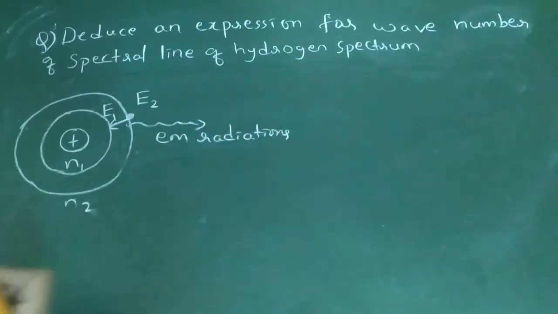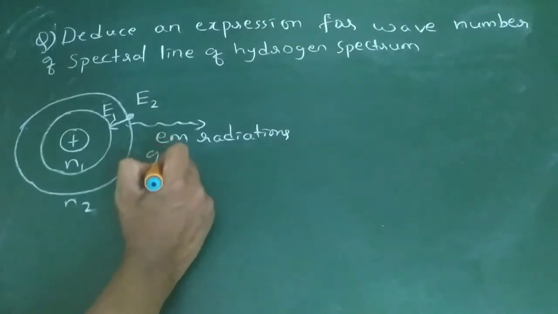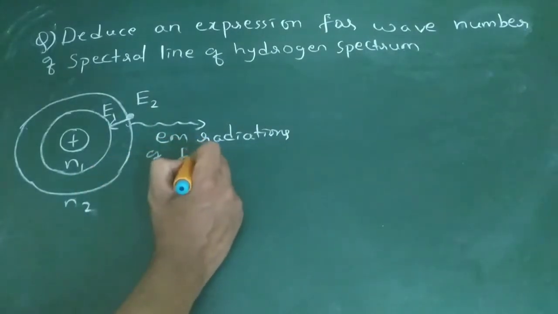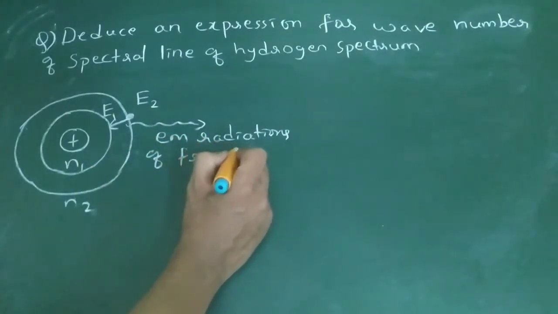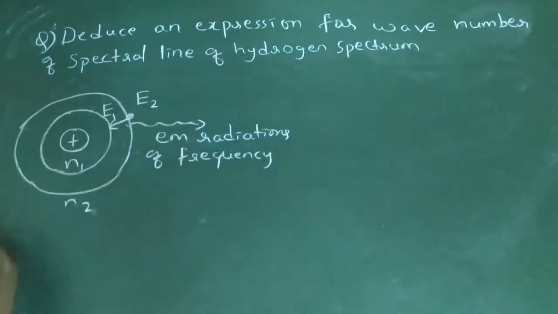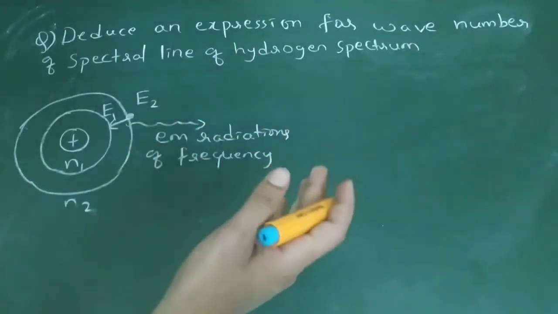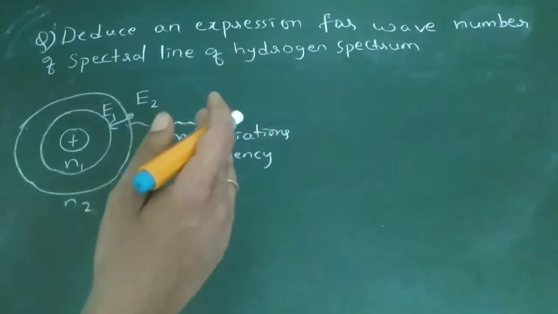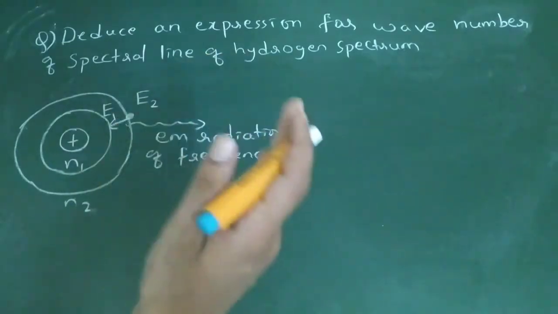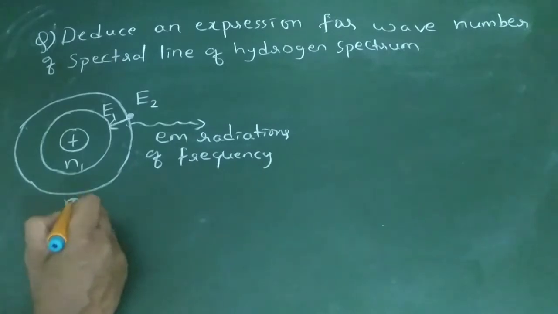Got it now? Which we call EM radiations of particular frequency. It depends. If an electron jumps from different orbits to one of the orbits, say 1 to 3, or 3 to 1, or 4 to 1, then if the electron jumps from 3 to 1 and 4 to 1, both radiations will have a different wavelength. So what is that wavelength based on? The N2 number and N1 number.